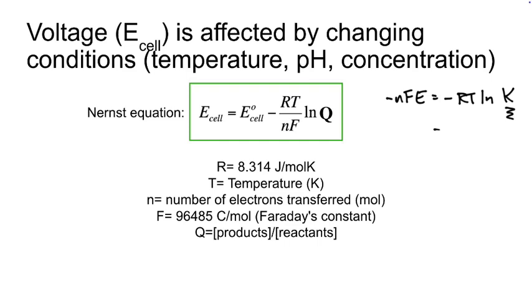So if you look at the expression that we've written up in the upper right-hand corner, this helps to set us up for systems when we're non-equilibrium. So within this equation, you've got R as your gas constant, again in units of joules per mole Kelvin. You've got your temperature, your number of electrons, Faradays, and then you get Q, which is your products over your reactants. Very similar to what we've done in the past. The neat thing about the Nernst equation is that if I had a standard cell potential